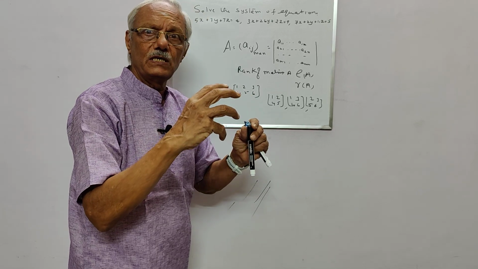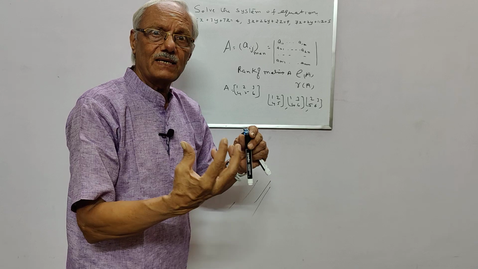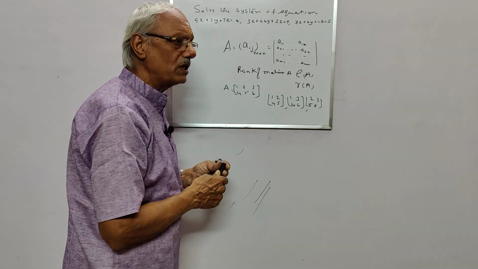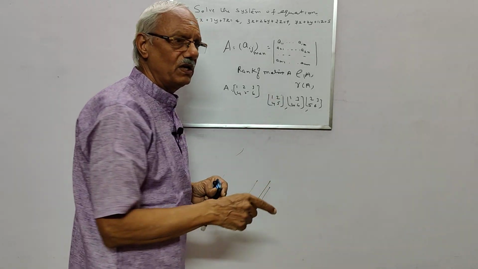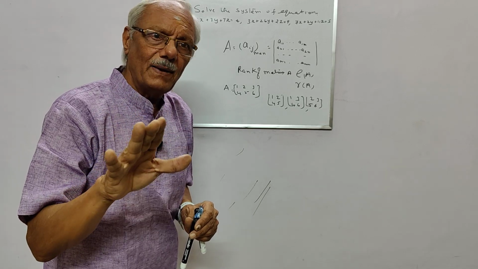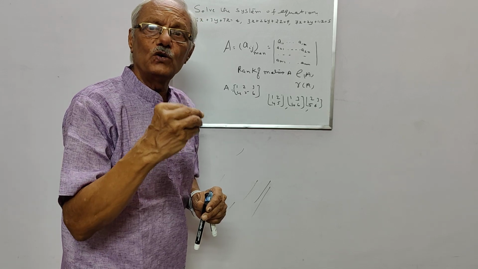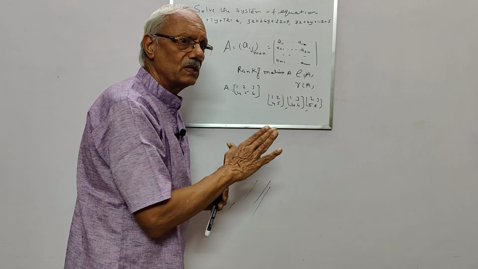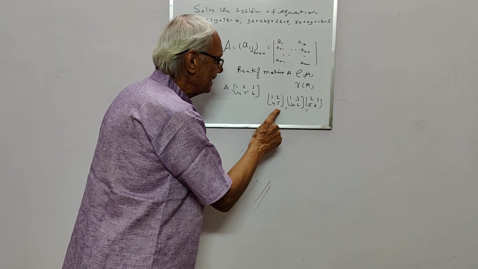Then you pick the submatrices or the minors, and find out the determinant value. What is the meaning of the determinant value of this? This is 1 into 5 minus 4 into 2. That is called the value of the matrix. That is the determinant. You find the value of that. If it is not equal to 0, then we say that the rank